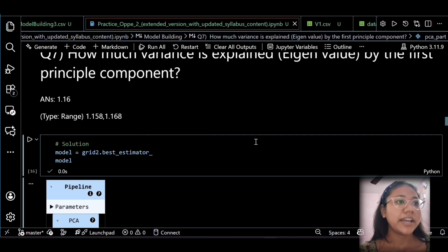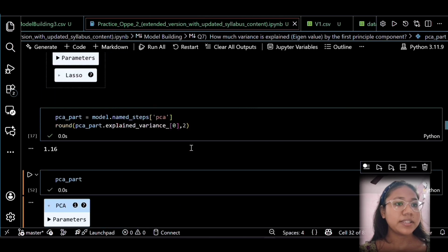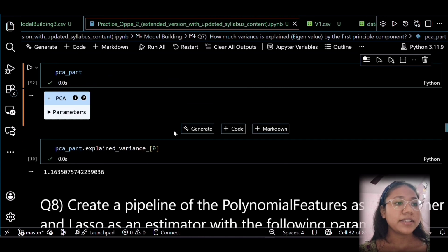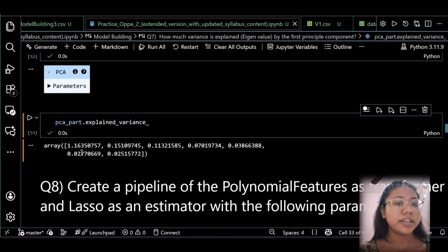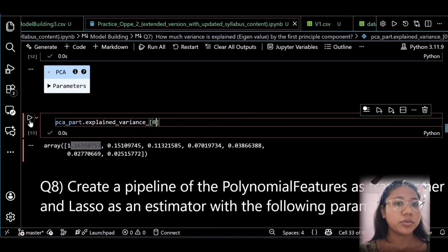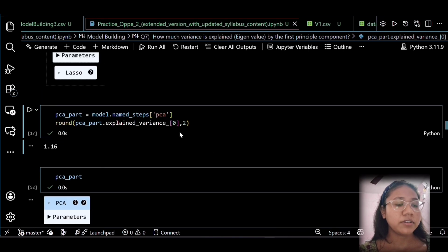We need the first eigenvalue, the first variance we can say. From the PCA part we will take explained_variance_, which is an array, and we need the first one, so we just write 0 to get the first element of the array. So this is our answer after rounding off,